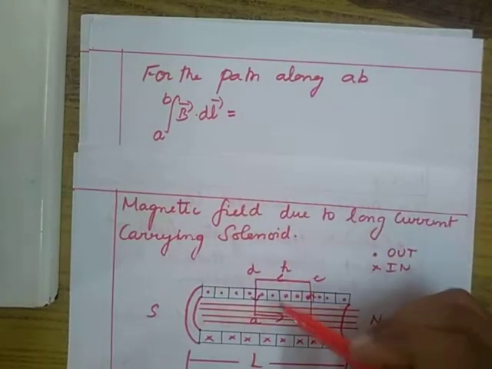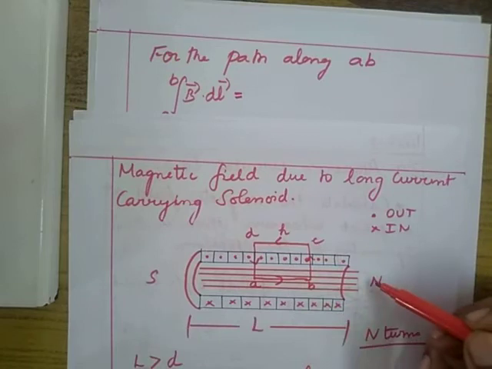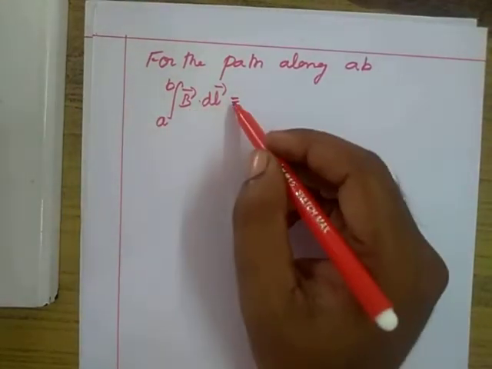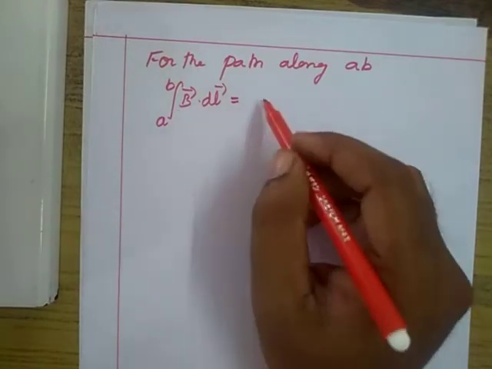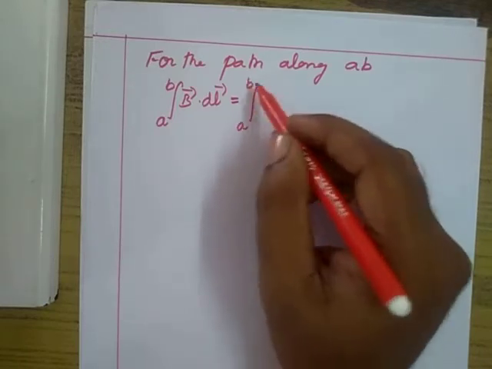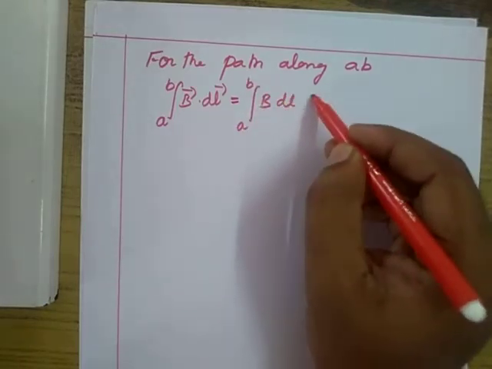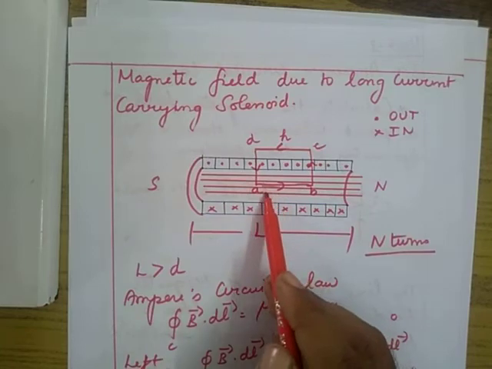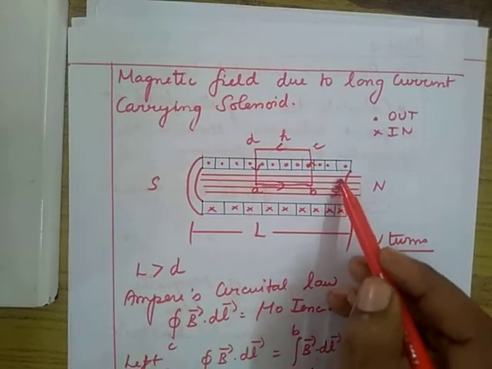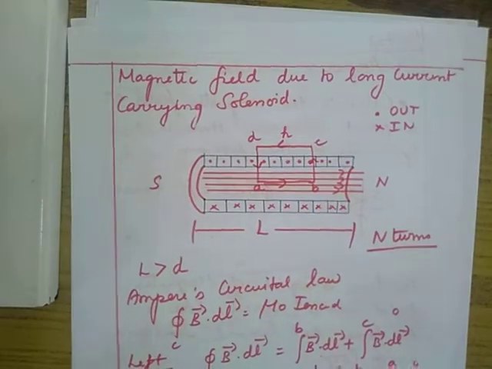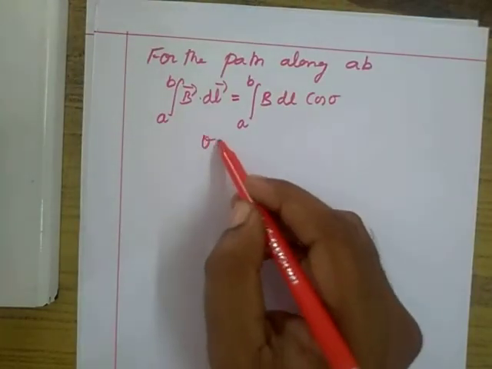We know the magnetic field inside the solenoid is uniform and constant. Okay, so we can take the magnetic field out. Before going to that, write in scalar form: integral of B dl cos theta, where theta is the angle between B vector and dl vector. Here the length element and magnetic field are along the same axis, that means they are parallel, so the angle between the length element and magnetic field is 0. Okay, then theta is equal to 0.